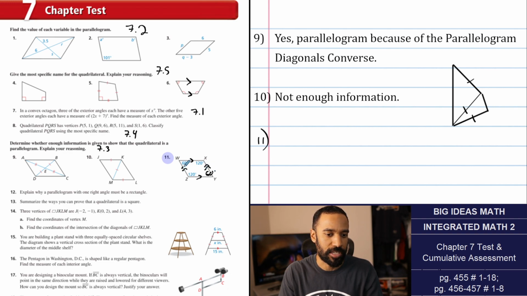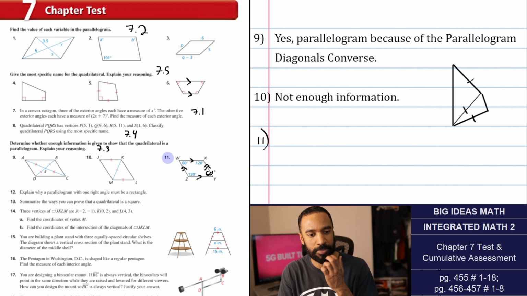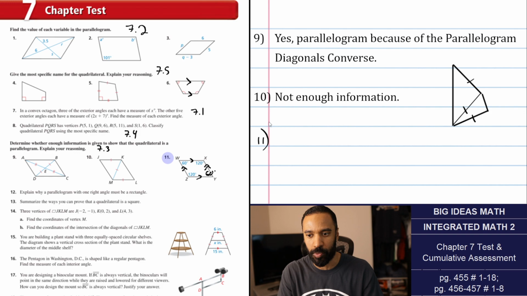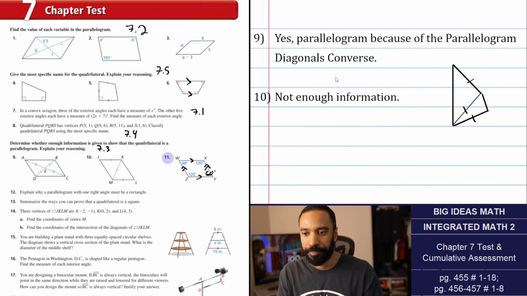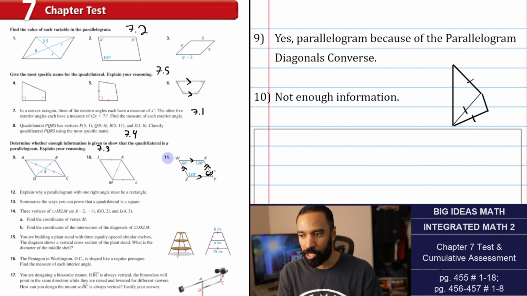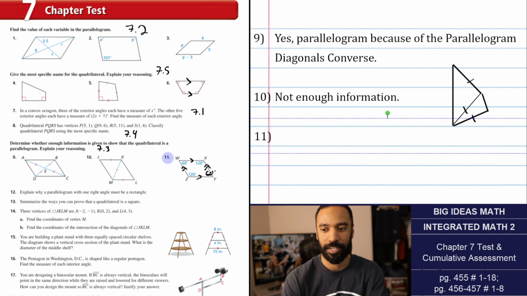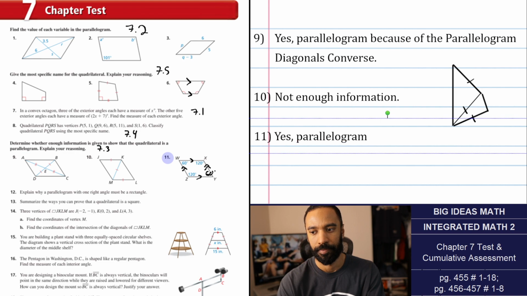But we're not really going based off them being parallel. We're based off opposite angles being congruent, and supplementary, and things like that. I mean, there are a lot of ways we can say that. Is this a parallelogram? Yes. Trying to say how my reasoning would work. So 11, yes, parallelogram, because of parallelogram opposite